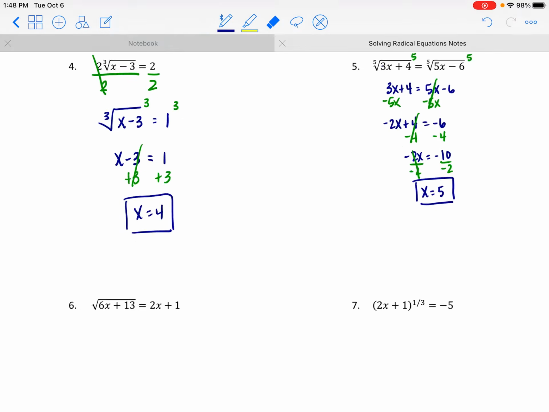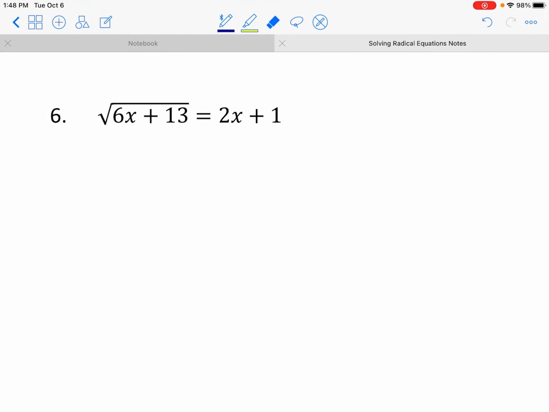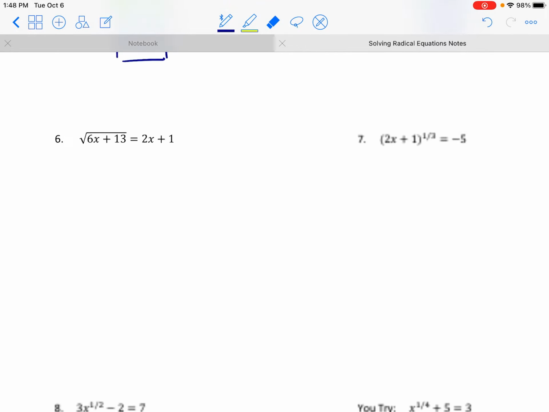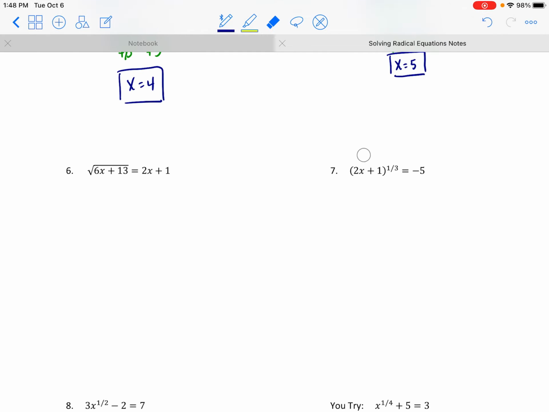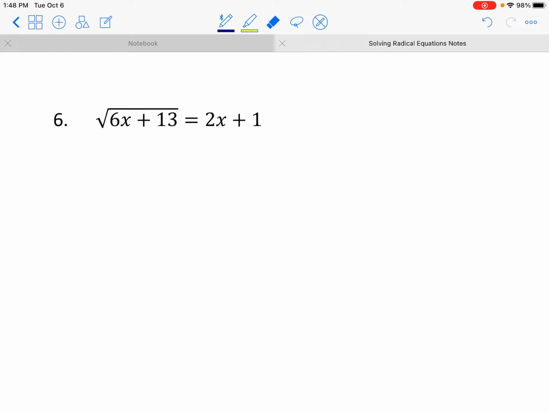All right. So this problem is probably the most challenging one that we look at. And there's something a little different about it. Can you see what's different about this equation compared to all of the others? Well, this one has a variable underneath the radical and it has a variable outside of the radical, which is going to create a challenge when we solve, and you'll see it in a second,